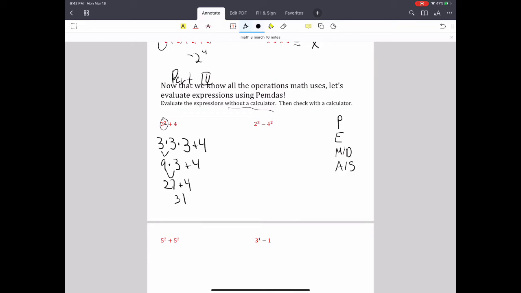And then if I were to do this one with you, 2 cubed is 2 times itself 3 times. That's that part. This part will be 4 times itself 2 times. So you should get,